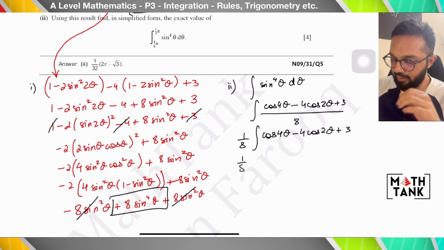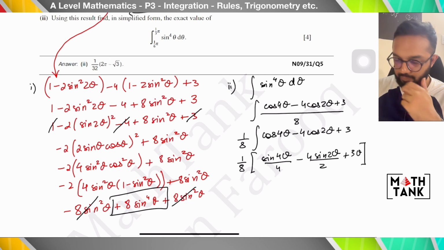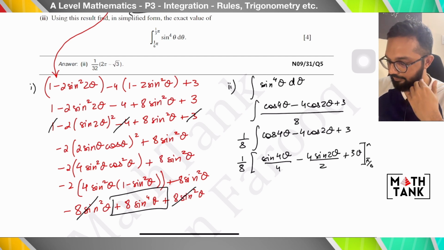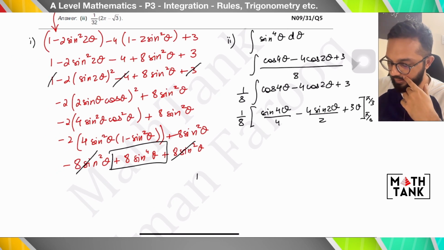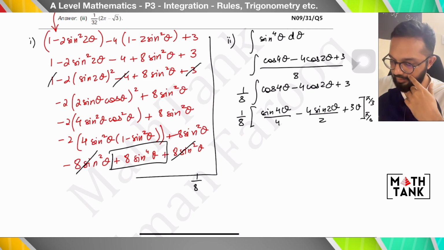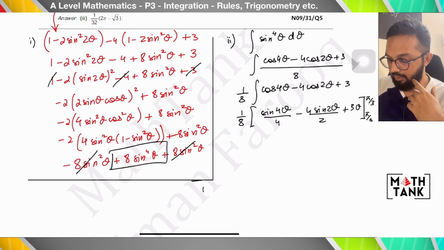So I have 1 over 8 sine 4 theta over 4, minus 4 sine 2 theta over 2, plus 3 theta, from pi over 6 to pi over 3. So I'll need a bit of space. I'm using this space down here. Okay, 1 over 8